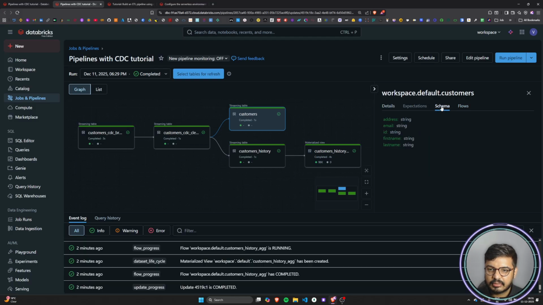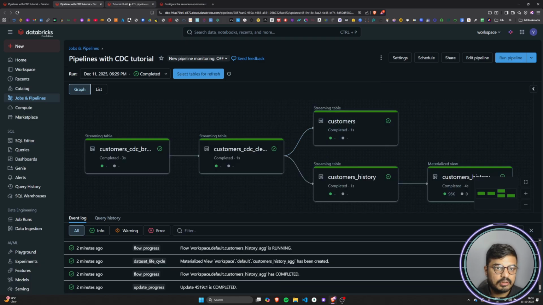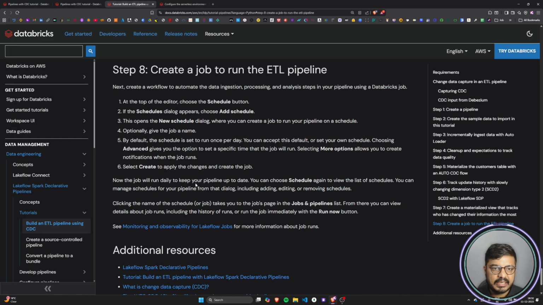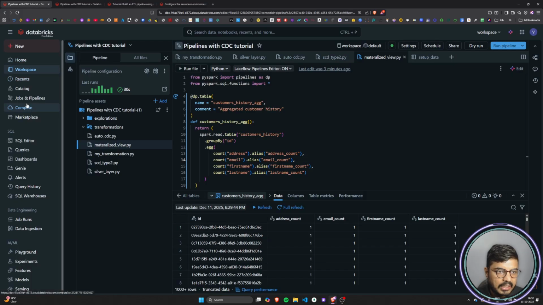Okay, fine, cool. So this is it. And now what all things is rest. Now we will create a job of this particular ETL pipeline. Okay. So now if I come back here and if I open my jobs and pipelines thing,